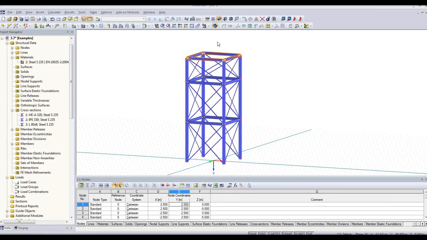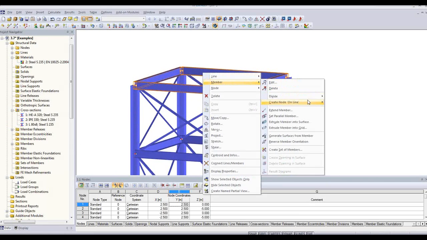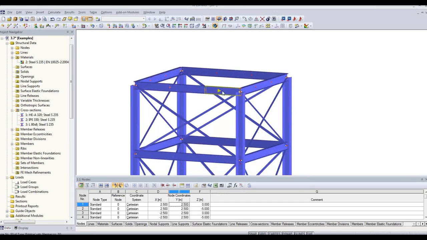Okay. And now this tower is going to be supporting some kind of tank or container at the top. And so I would like to enter in a few members to support this container. So what I can do is divide these members. We have three options for dividing: graphically, just picking a point in the display, or setting a number of intermediate nodes, or defining it by distance. I want these to be equally divided, so I will just use intermediate nodes. And here you can see where each was 1, now there are 3 equal members, which now these new nodes will allow me to enter in